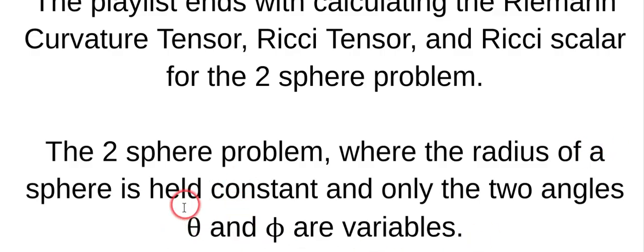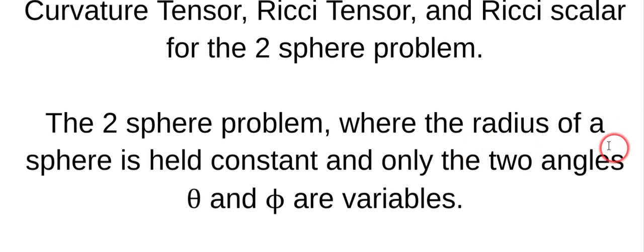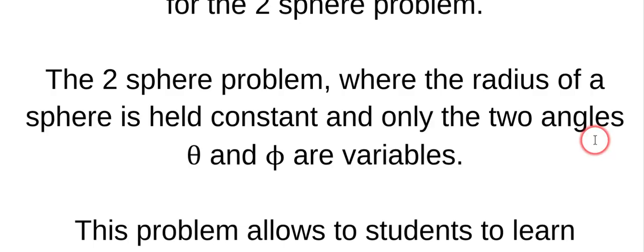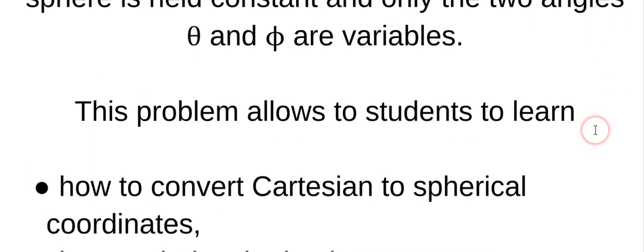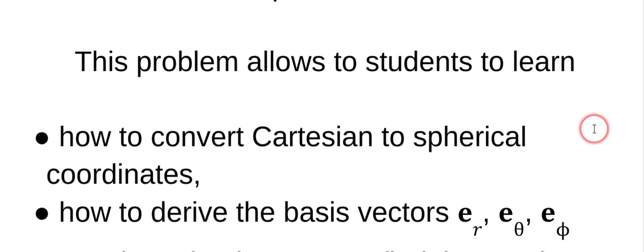The theta variable is the angle from the North Pole to the equator, as an example. The phi angle is the angle that swings around the equator. So this would be as though you're walking around on the surface of a sphere measuring curvature, called intrinsic curvature, Riemannian curvature. Okay. So this problem allows the students to learn how to convert Cartesian coordinates to spherical coordinates,